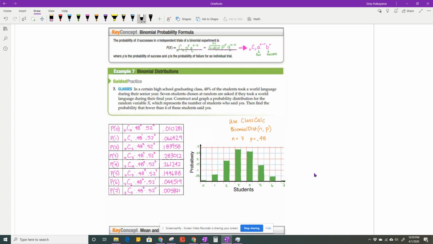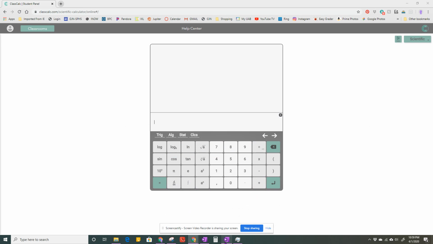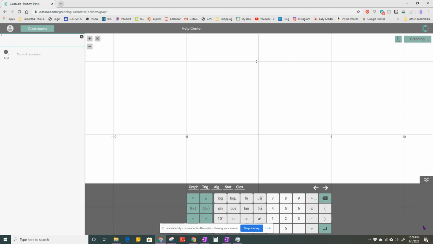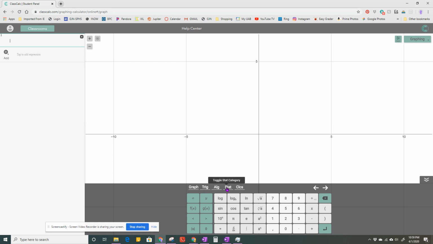Okay. The other important thing is to read this problem. So I'm going to show it to you. So you have all of these values here. I'm going to remind you and show you how to do it in ClassCalc. So when you come into ClassCalc, remember, if it looks like this, you come over to the top, you select graphing. Okay, and I'm in that line, so I'm going to come down here to bring up my menu. Move this over so it's not in my way. I'm going to click Stat,